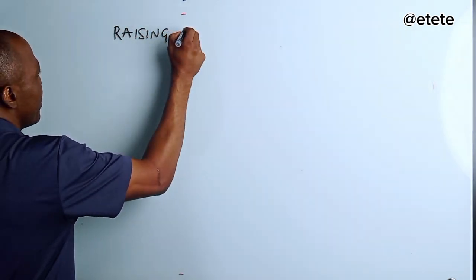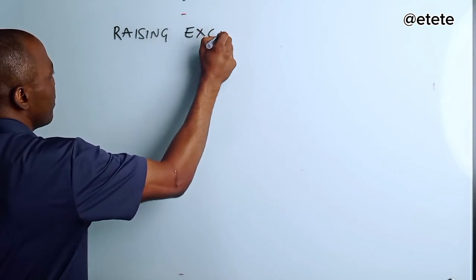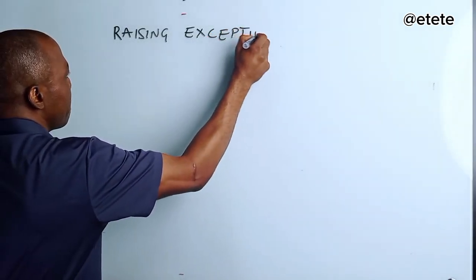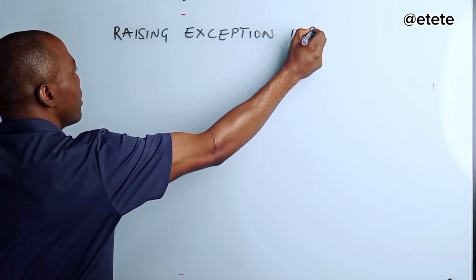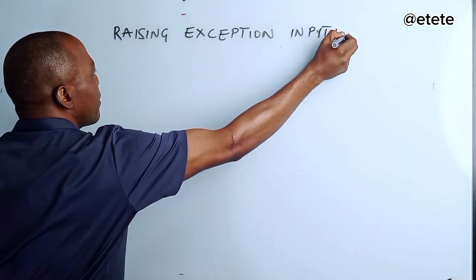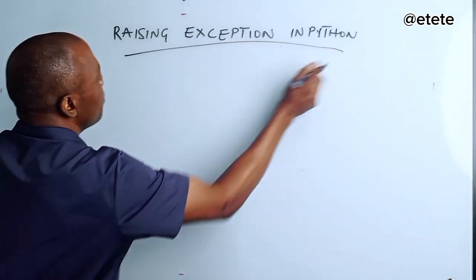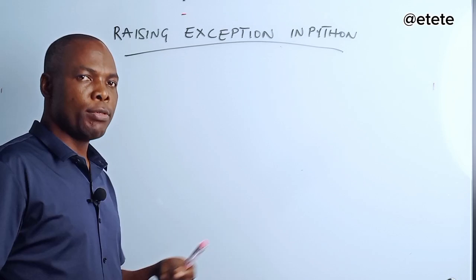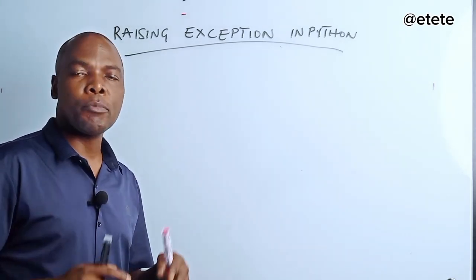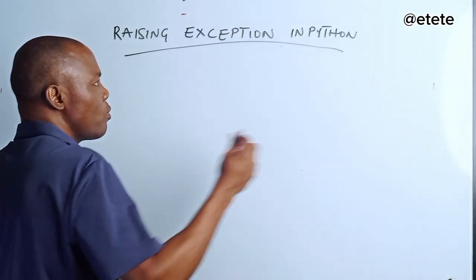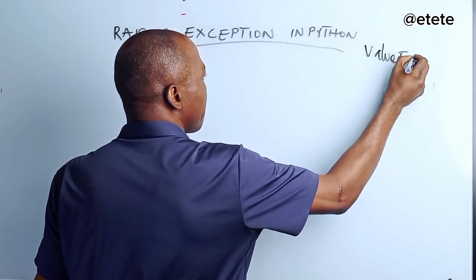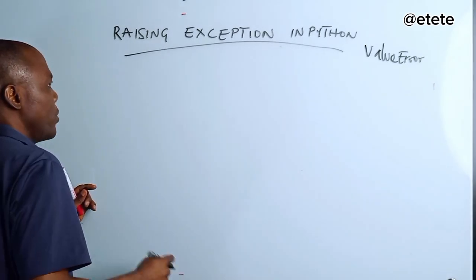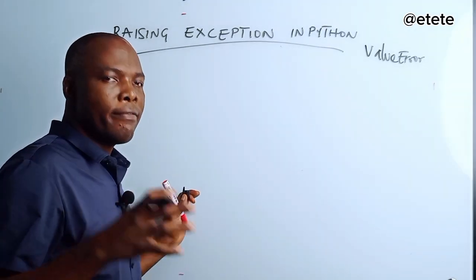Raising exception in Python. It's a long topic. So you can explicitly raise exception. So we want to raise the built-in exception. So what is the one we want to raise today? Value error, right? That is what I want to raise, using our Vira math